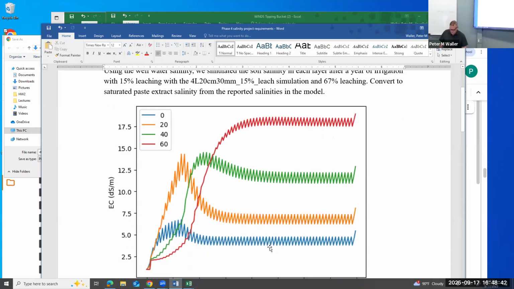So here is the expected salinity in 4 layers: electrical conductivity in decisiemens per meter. Here's the upper layer, second layer, third layer, fourth layer. And this program agrees perfectly with theory, so it's right. So if you put on 15% leaching, you can expect that your decisiemens per meter are going to be very high. And so this is only down to like, this is 0 to 20, 20 to 40, 40 to 60,